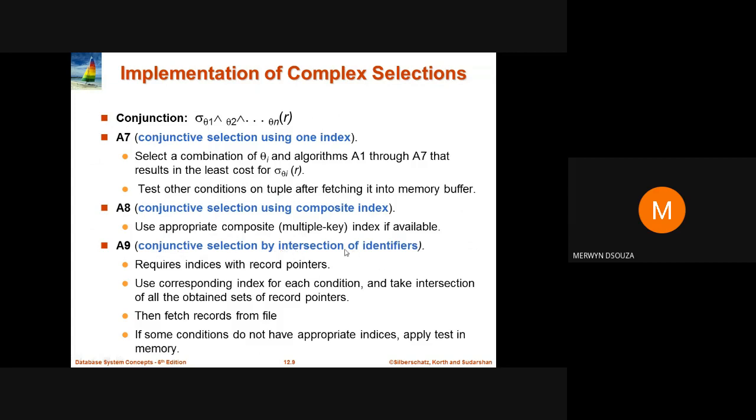In this case, we would require indices with record pointers, use the corresponding index for each condition, and take the intersection of all the obtained sets of record pointers. Then based on that, we can fetch the records from the file. If some conditions do not have appropriate indices, then we apply the test in memory.